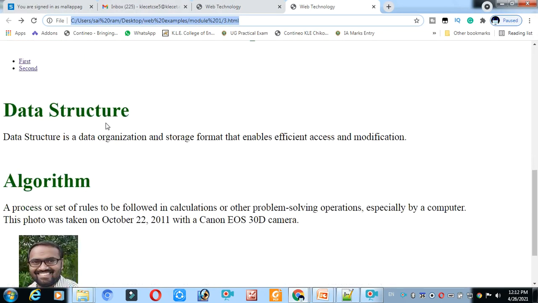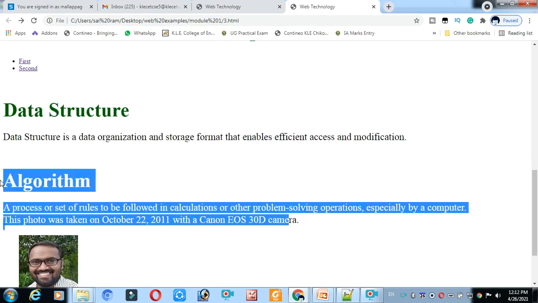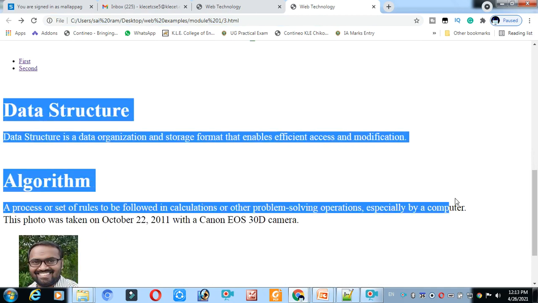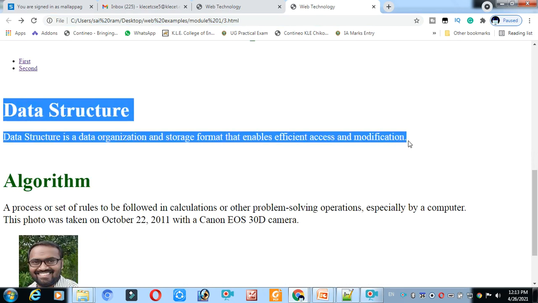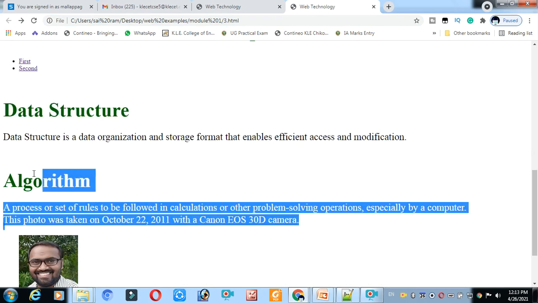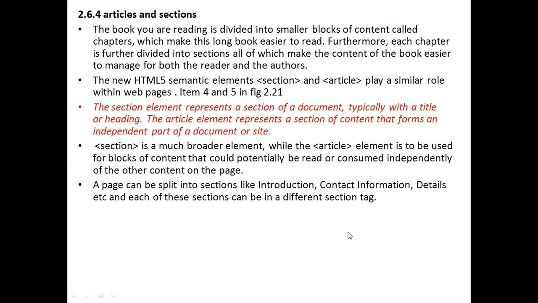Here it's data structure and algorithm. These are the two sections. This is a complete one section. Within the section we are having articles. This is one article, again one more is an article of this one. Clear? Which is regarding that.